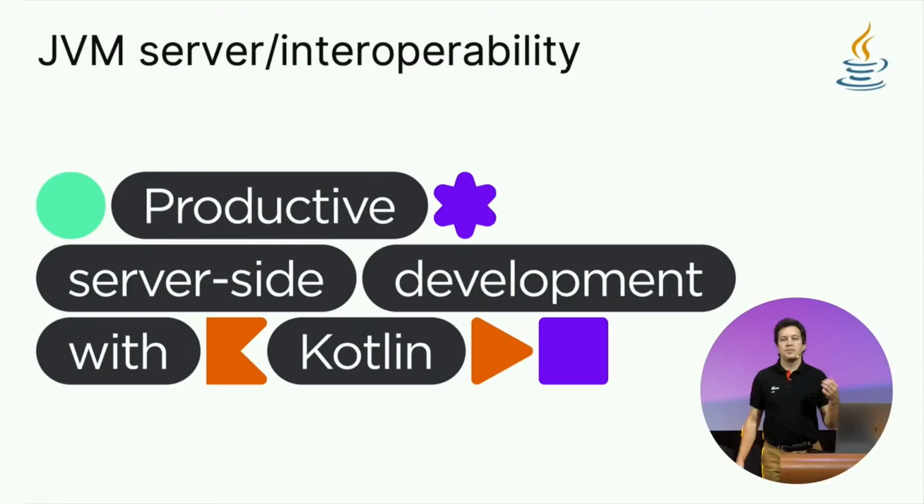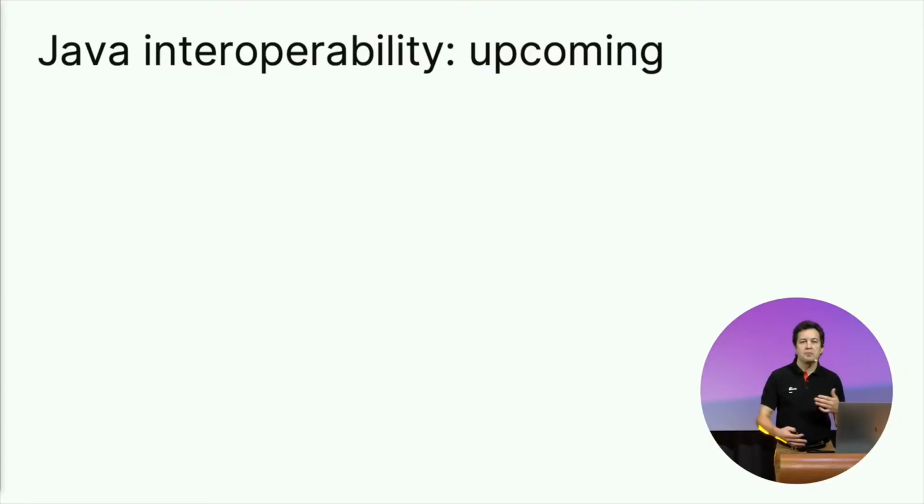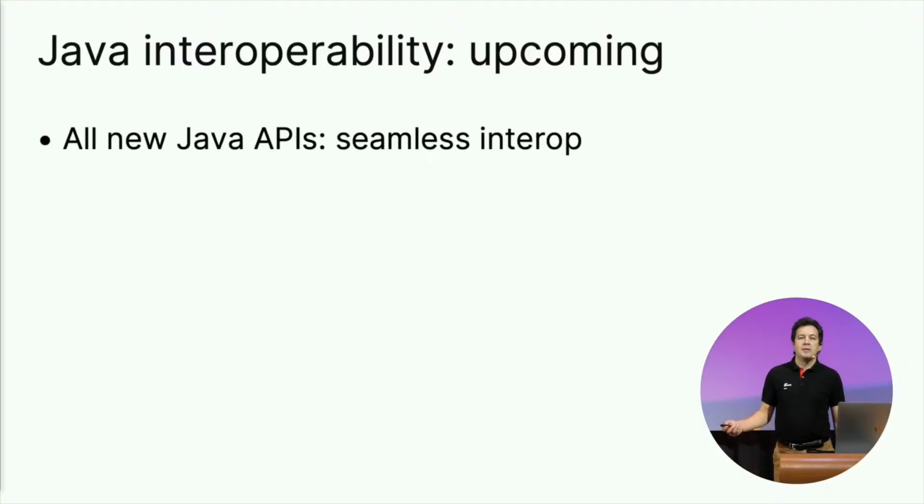But Kotlin's home, where it started with JVM, is still an important focus for the team. We're really committed to improving Kotlin on JVM, which specifically means that we're committed to Kotlin's interoperability, not only with the existing Java features, but also with the upcoming features of the Java language. It means that for all the new Java APIs that are going out, you can use them out of the box. And all the Java platform features that are library-only, for example Project Loom, will be readily available